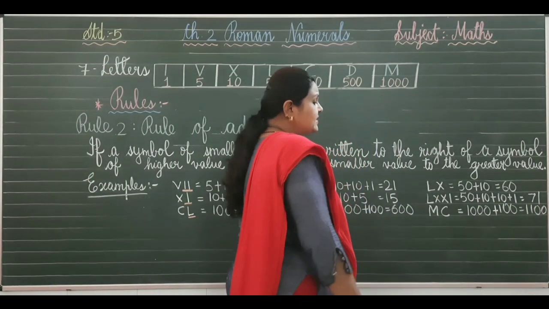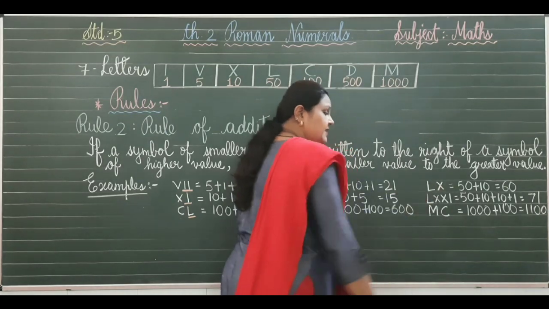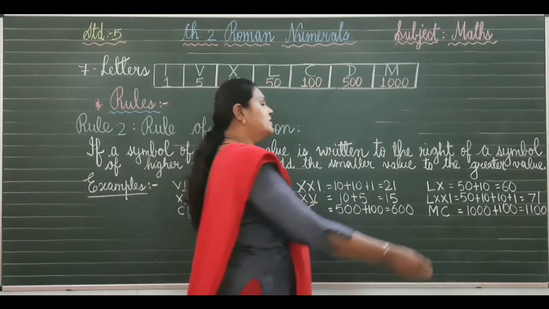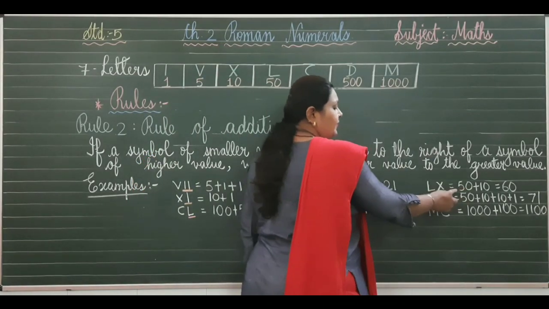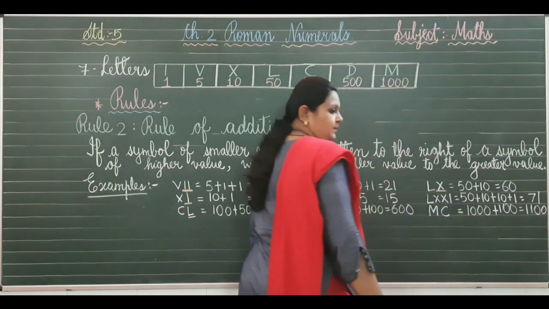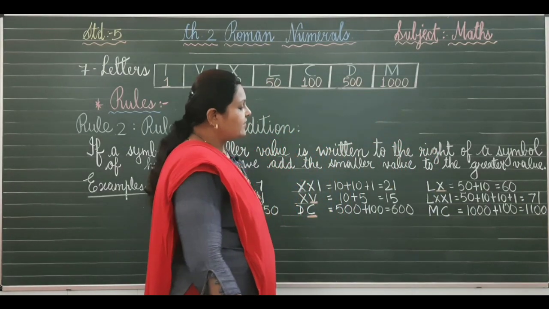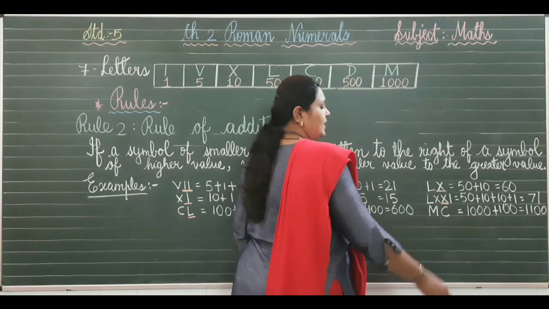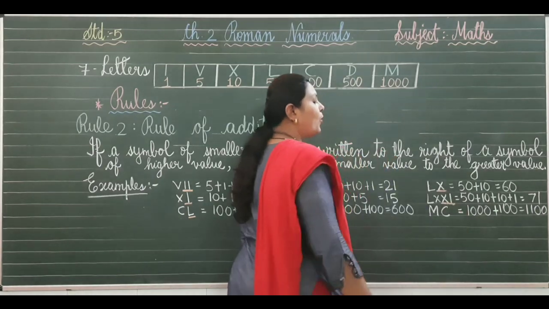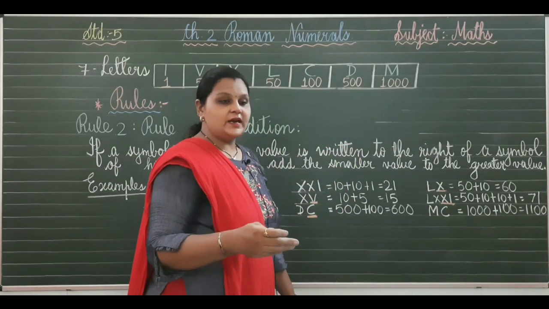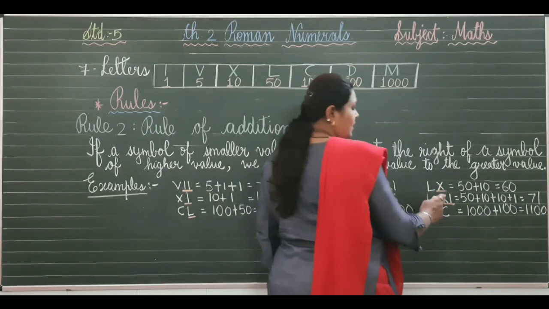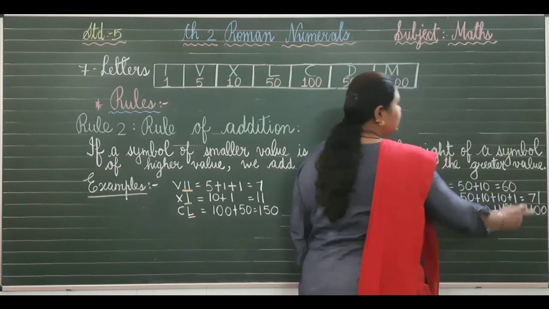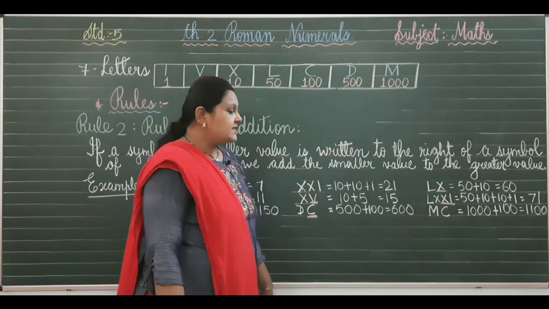LX. L stands for 50, X stands for 10. So again, smaller value is given right hand side, so we will add, that is 50 plus 10, 60. Next, LXXI. Now X stands for 10, I stands for 1. So smaller value is given again right hand side, so we will do addition. L stands for 50 plus 10 plus 10 plus 1, that is 71. Next example,